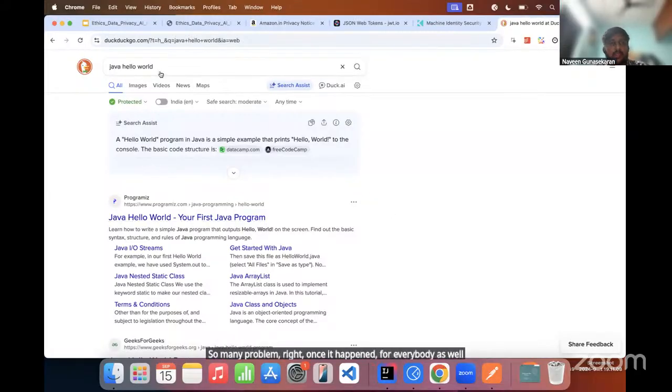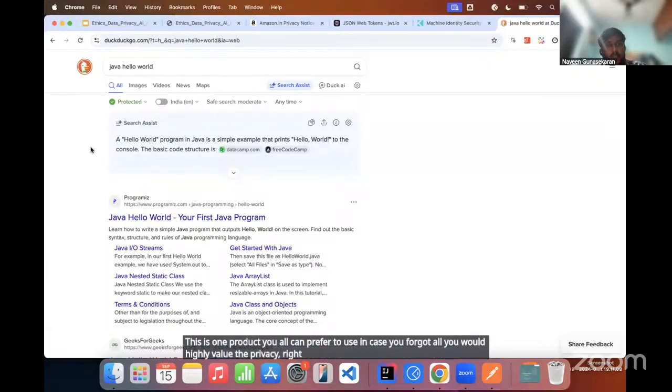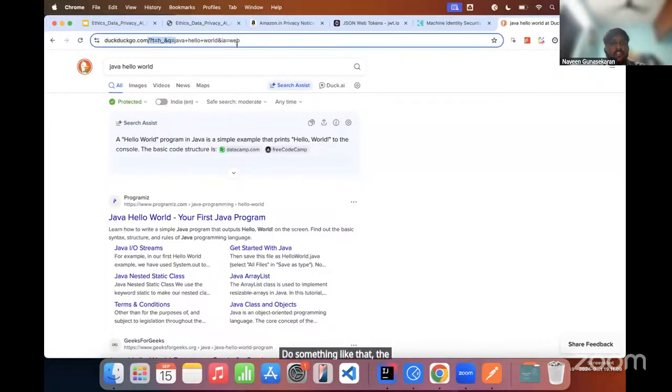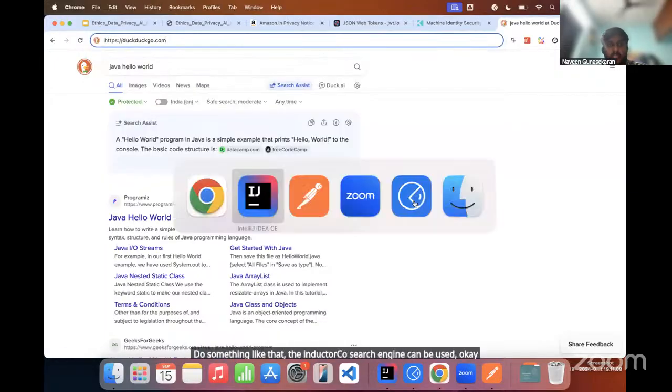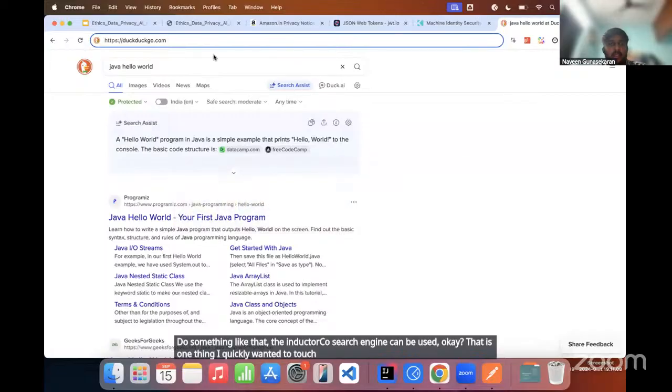So this is one product you all can prefer to use in case you highly value privacy. If you want privacy and you also want to do something like that, then the DuckDuckGo search engine can be used. Okay, that is one thing I quickly wanted to touch base on here. And then the second one is